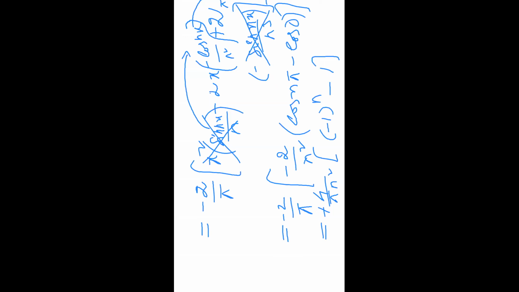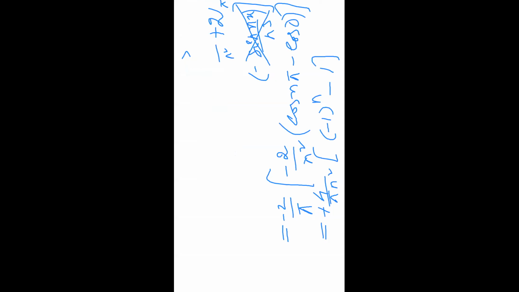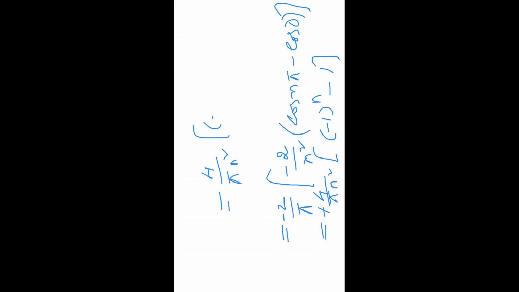Suppose n is even, it is equal to 0. N is odd, minus 8 by pi n square. Suppose n is even. The best example of even is 2. Taking n value to simplify it: 4 by pi n square, minus 1 whole square minus 1. So minus 1 whole square equal to plus 1. Plus 1 minus 1 it is 0 when n is even.